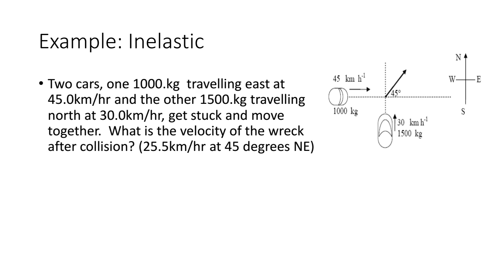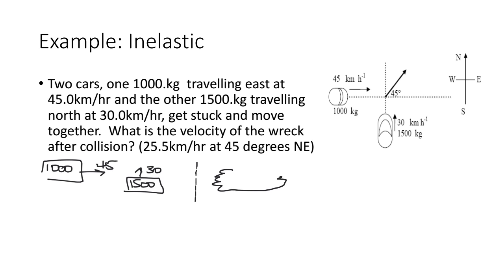Next, we're going to try an inelastic collision. The first car is moving east at 45. The second car is moving north at 30. Afterwards, they collide together. I like to draw that kind of like a dust cloud to show the boom of the explosion. So afterwards, their masses are going to combine, and it's going to be 2,500